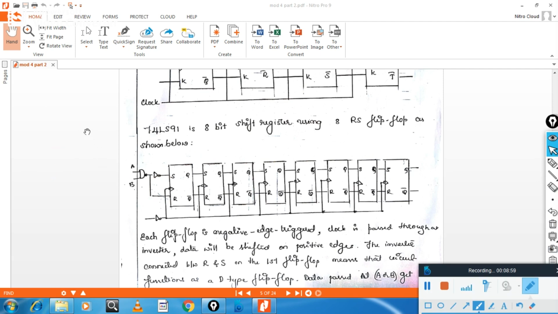When B is equal to 1, whatever input is there will be moved to the output. For example, if A is 0, then 0 and 1, the output of the NAND gate is 1, the output of this inverter is 0, R is equal to 1. That means it is reset.